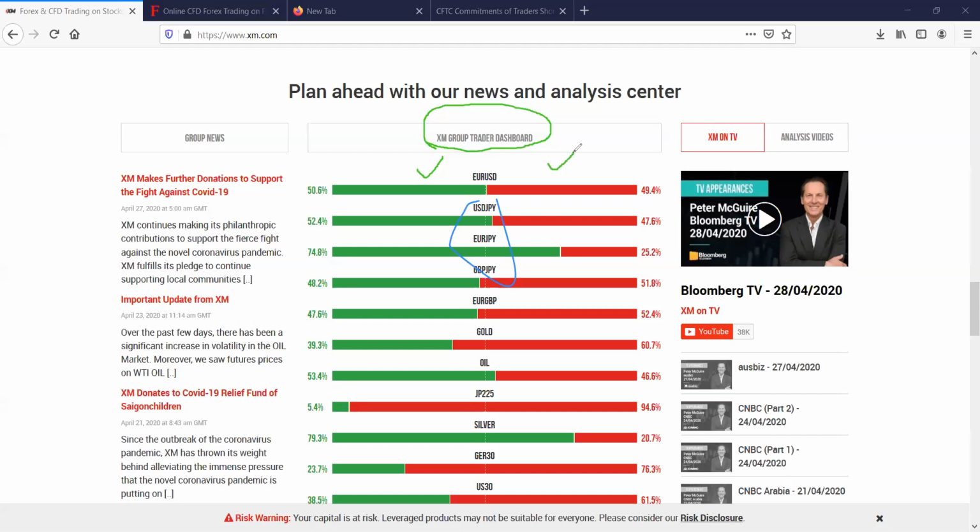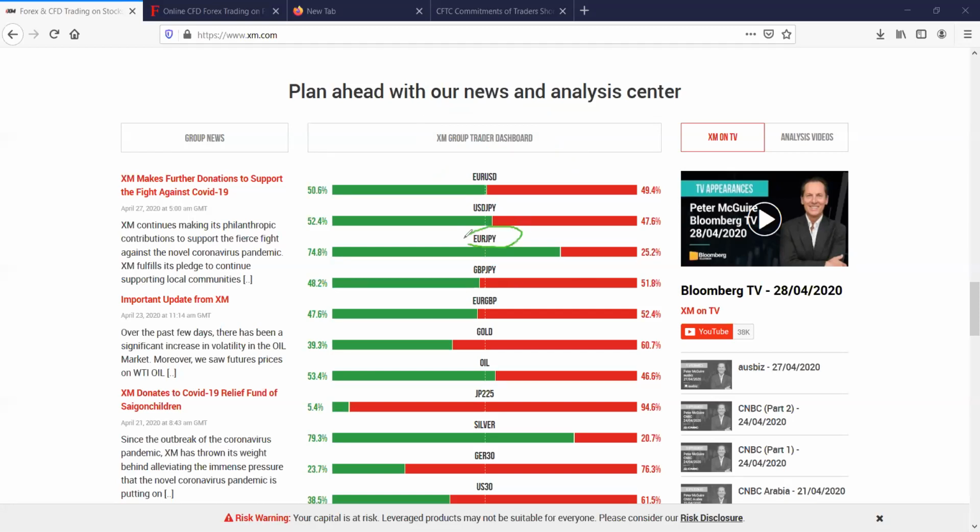And it can spend even 3 days to a week without even moving. Then you wonder, why is this pair not moving? If you then go and check on the trader position, you can actually get an insight. All right, so this pair is not moving because it's supposed to buy, but there are a lot of buy positions here. So the market will never go there because it will pay a lot of traders if they go in that position. So let me look, for example, like